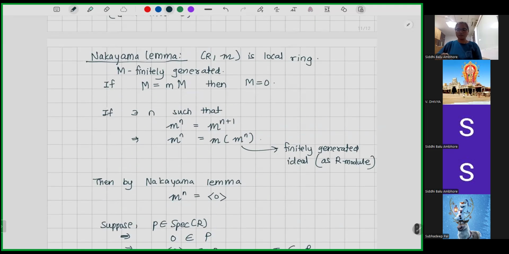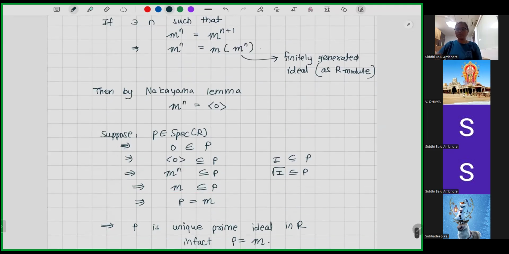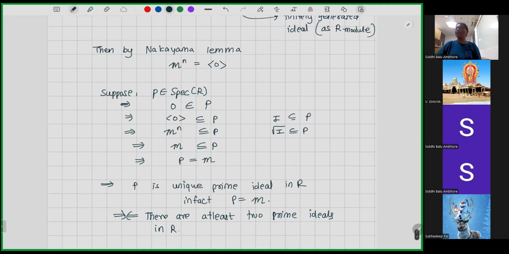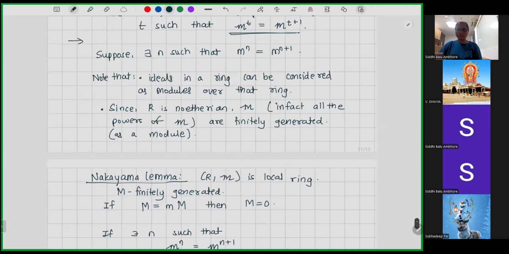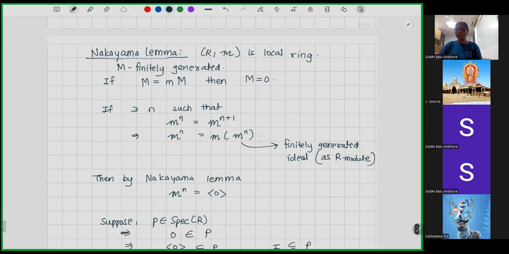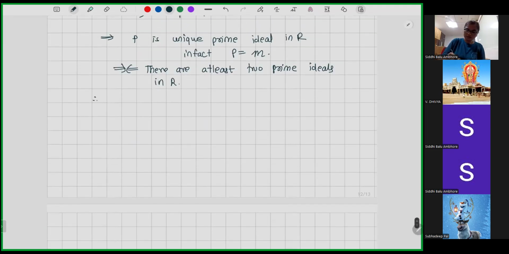But if this happens, that M^n is equal to M^(n+1), then using Nakayama Lemma and properties of prime ideals, we end up getting that in that case, that ring will have exactly one prime ideal. But our ring R has at least two prime ideals. So therefore,